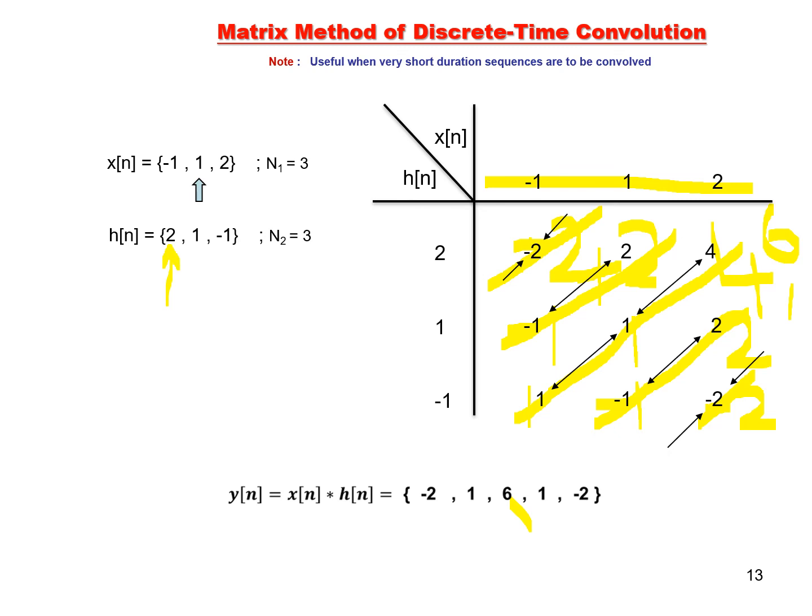So how many samples should be there to the left of the origin in the output? That is 1 here, 0 here, 1 plus 0. So only one sample. That means this is the origin, because only one sample is present. Here only one sample is there to the left of the origin, here 0 samples. So it is 1 plus 0, one sample here. That is the origin. You can see in the graph also the same as the origin.